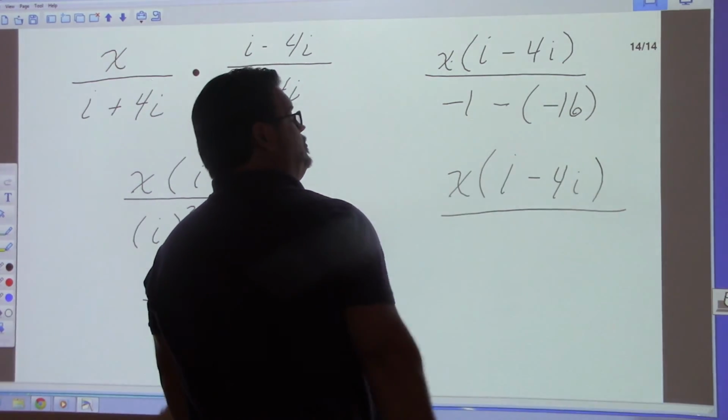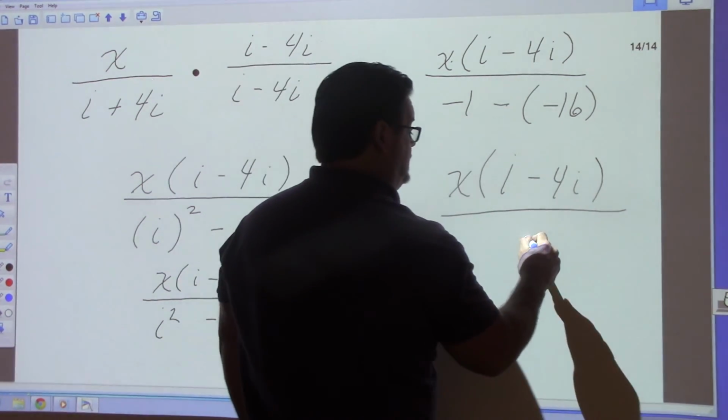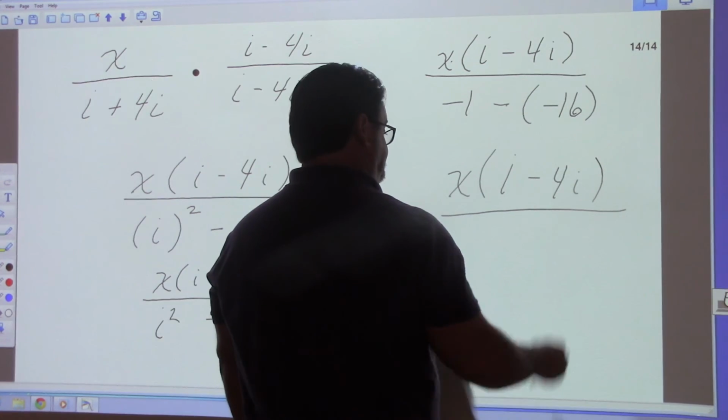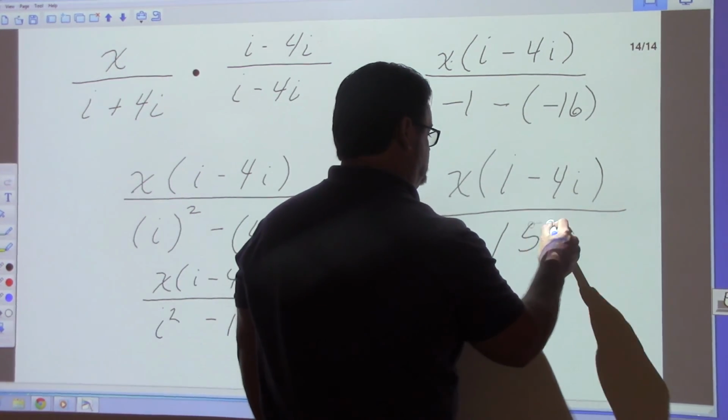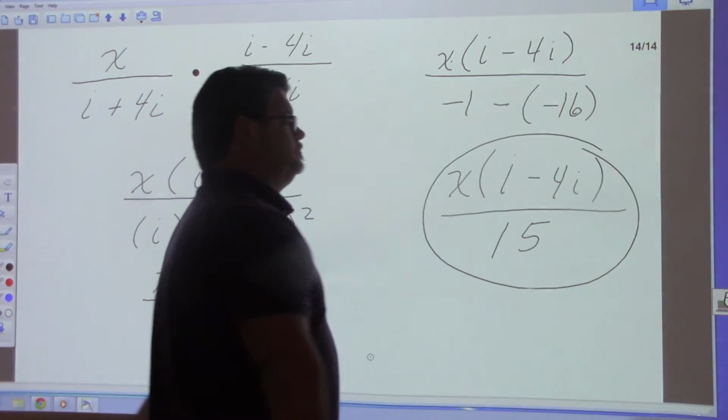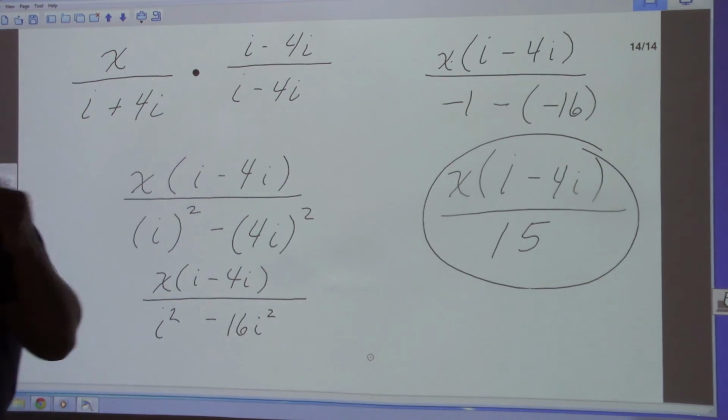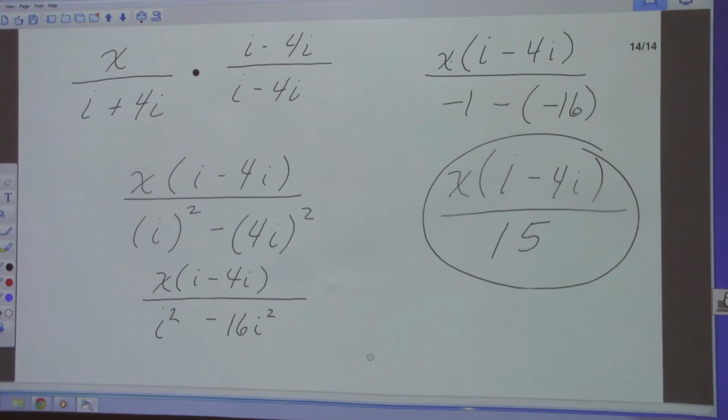And what is this? 15. That's why teachers' standardized tests love to put this problem on there, because people will leave i in the denominator. And i is what? The square root of negative 1. You don't want i